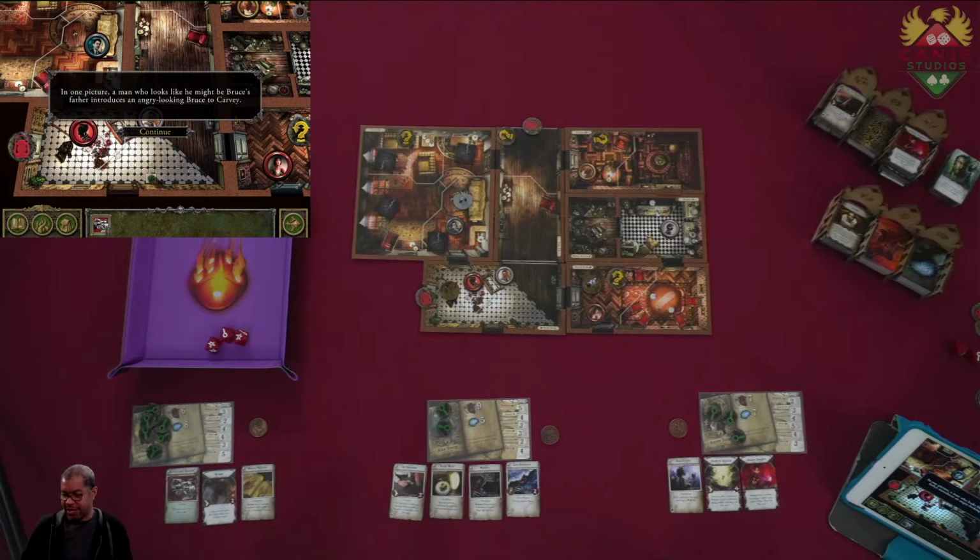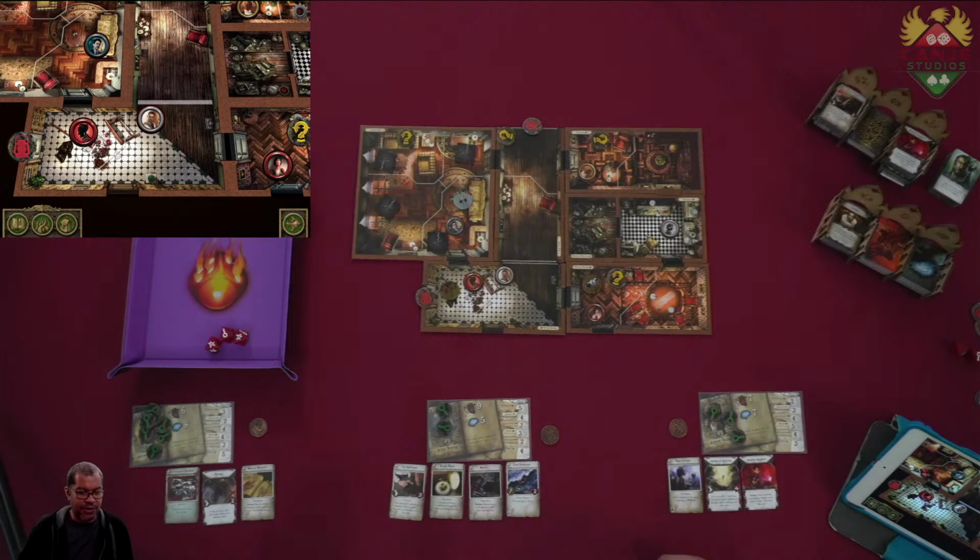In one picture, a man who looks like he might be Bruce's father introduces an angry-looking Christian Harvey. Oh, it's just the photo. Okay, it's just the photo. Those things that happen are one of the things. So let's